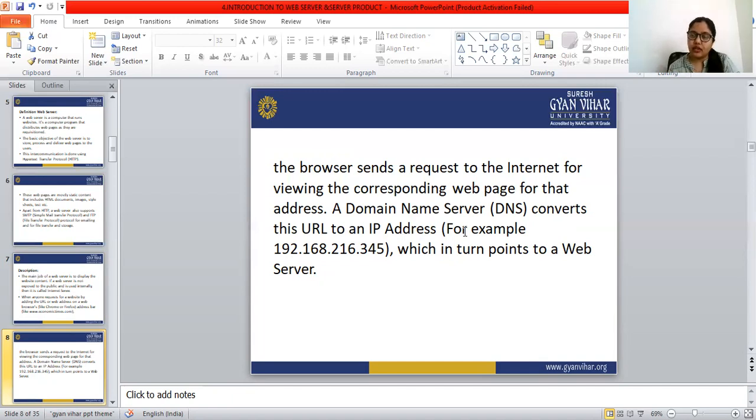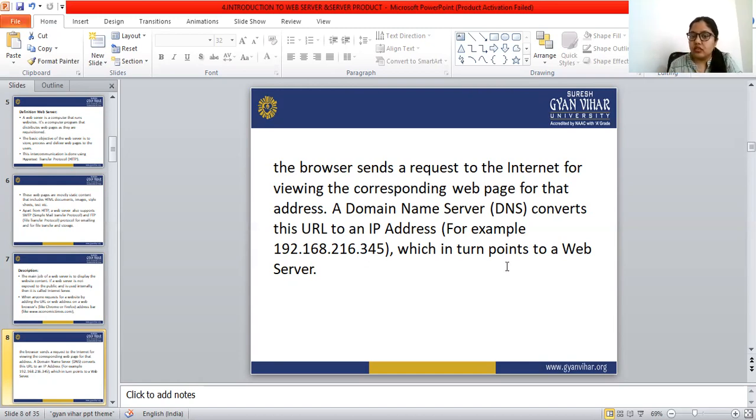And what we are finding is the Economic Times, from Google or online. After entering that www URL in the address bar of Google Chrome, the browser sends a request to the internet for finding out our web page. In that internet, there is a domain name server called DNS. That DNS converts our URL into the IP address, which is in the form of 192 and so on. We can't understand this. This is a machine readable code.